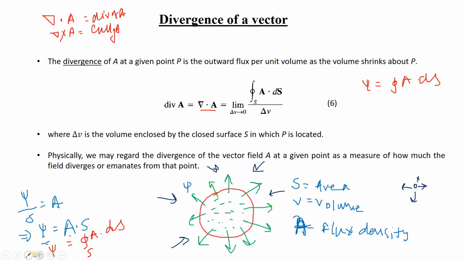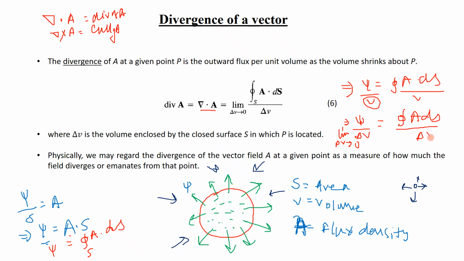So what is the amount of flux per unit volume? That means I want to calculate the amount of flux per unit volume. This is flux. Now per unit volume means total divided by volume, provided that the volume is shrinking, becoming zero. So we can write flux with respect to a volume which is shrinking, where limit delta V tends to 0, is equal to this entire thing. That means total flux divided by volume, but the volume is shrinking to 0.